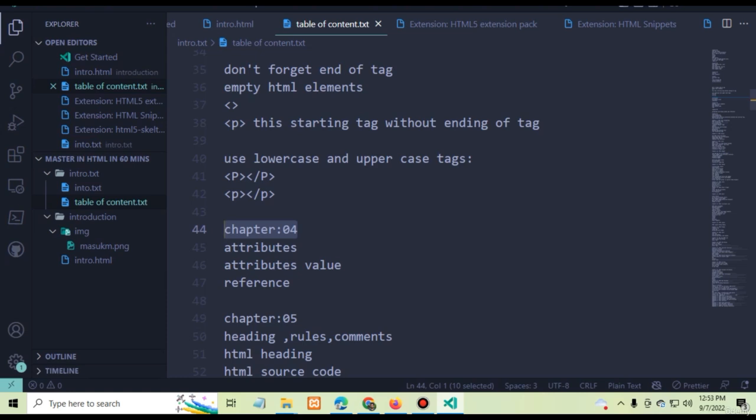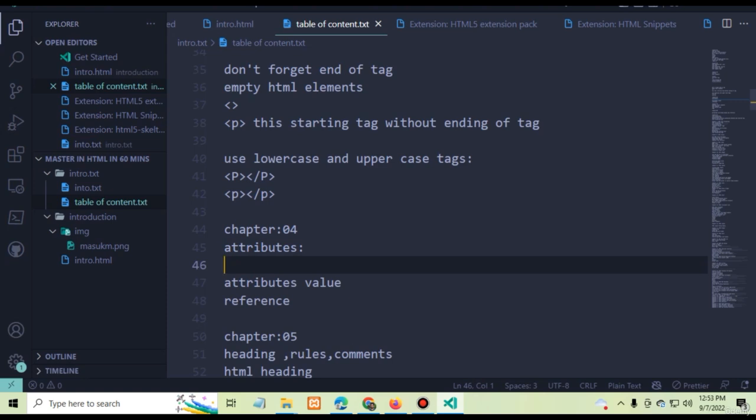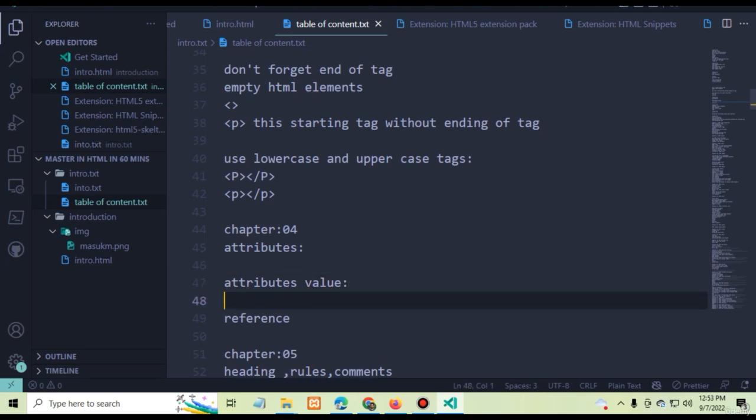So standard HTML attributes, this is the most important. HTML elements can have attributes, and attributes provide additional information about the elements. Attributes are always specified in the start tag. Attributes come in name/value pairs, like name equals value. Defining attribute values: attribute values should always be enclosed within quotation marks, double quotation marks. Another example, name equals